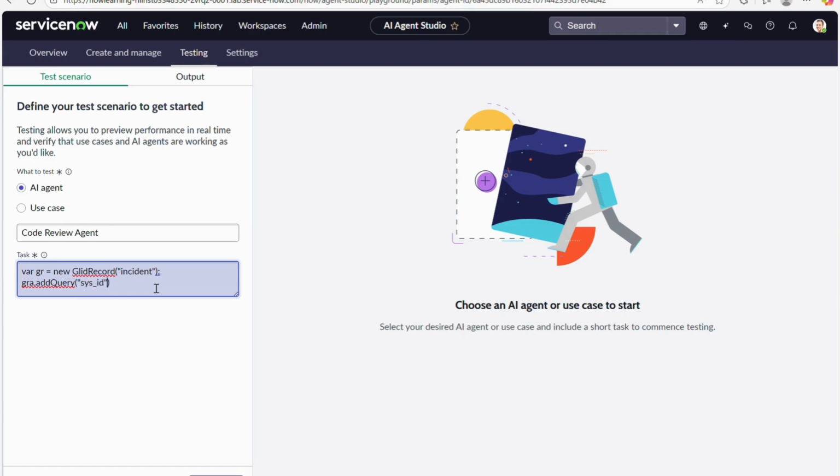like sysid, let's say anything, gr.query, if gr.next. Okay, so gs.print